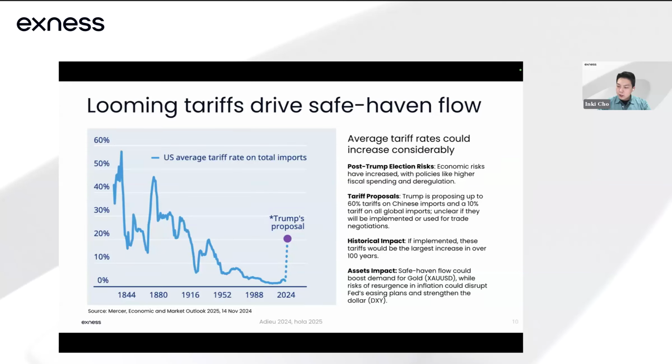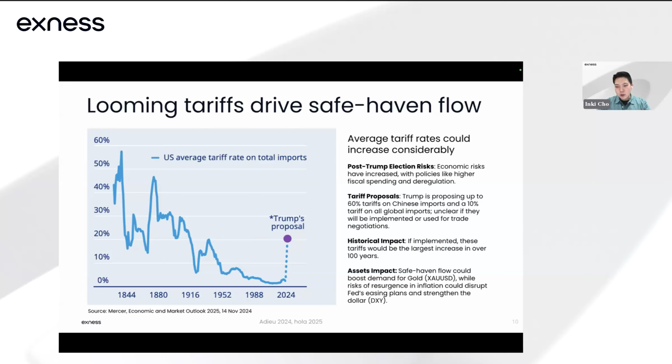And another important thing is whether the Trump administration will impose an import tariff of about 60% on China. And some believe that it is unlikely that Trump will impose a 60% tariff and that he will only use the tariff as a weapon to extract the maximum benefits toward the United States.